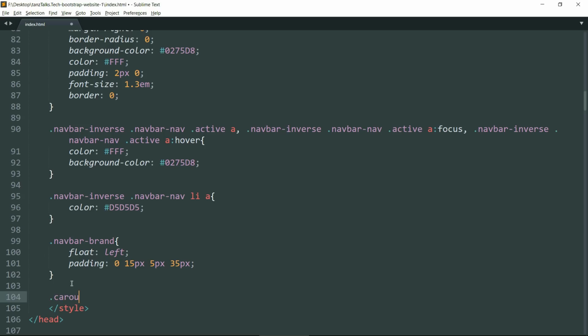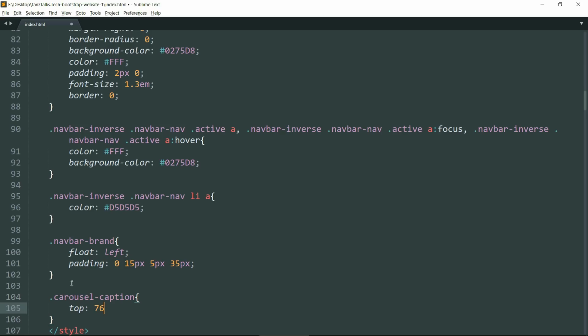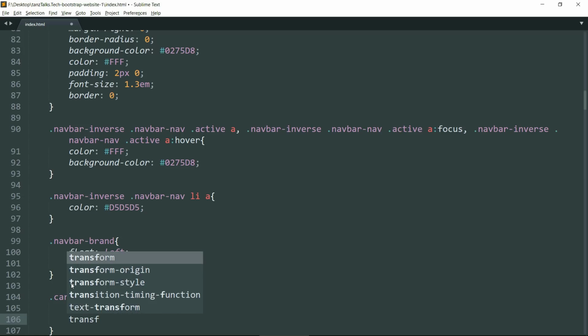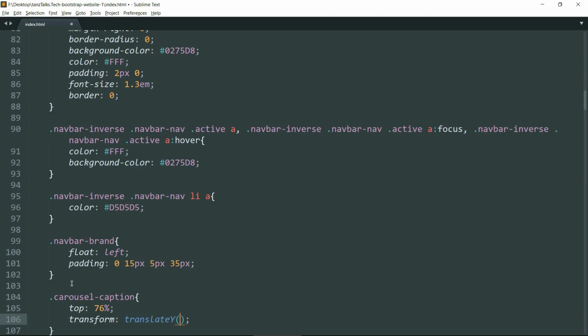Now drop down and type .carousel-caption. Give it top as 36% and transform translateY of minus 50%. Save it, drop down again. Now type text-align.